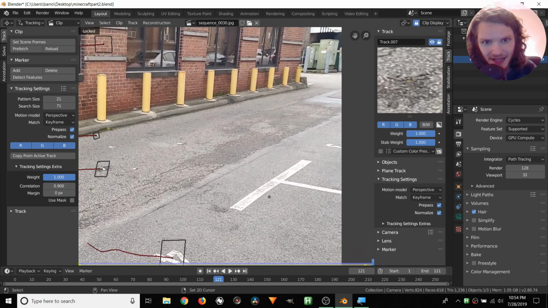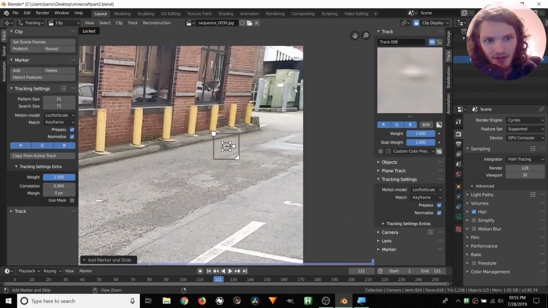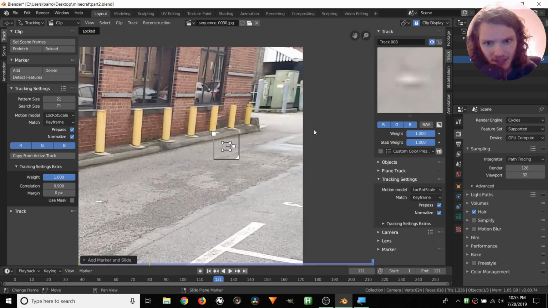And I'm thinking that an obvious candidate, we could either do this corner over here, which I think is an obvious choice, or we can change to just a location rotation scale, since I don't want any of that perspective or affine deformation, and try to track this white dot over here might be a good option. We'll see if Blender can hold on to that.